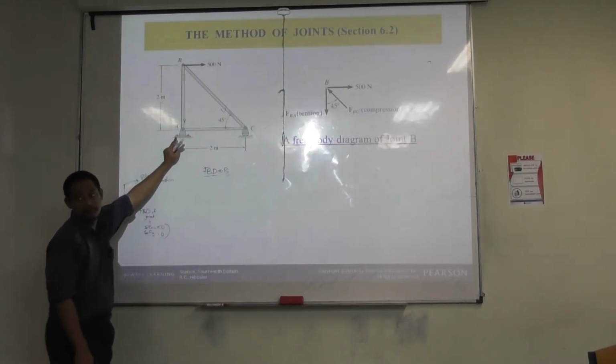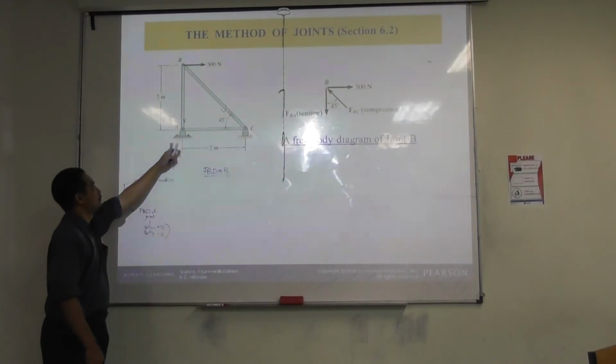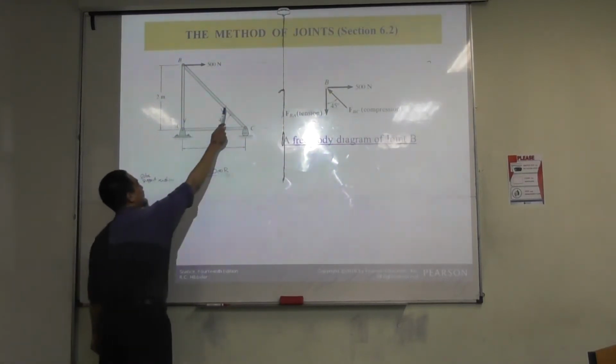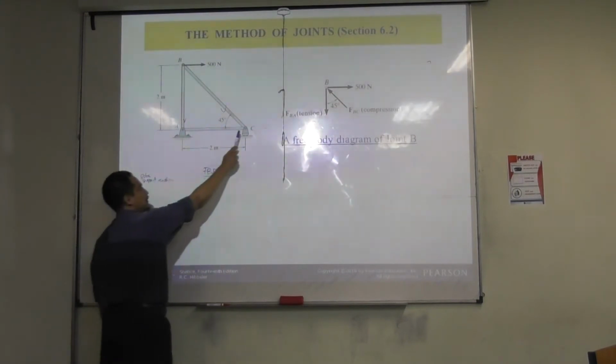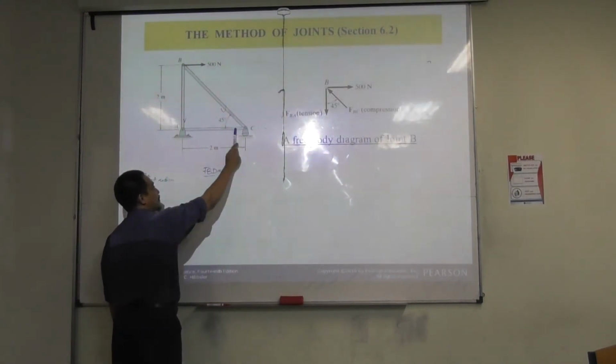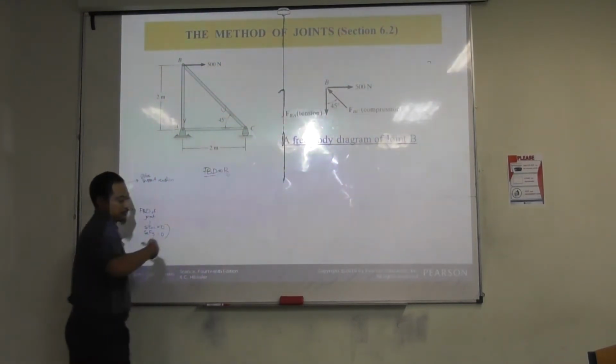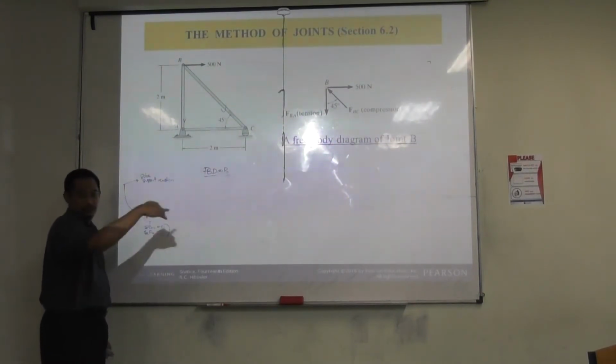Why? Now, after you have solved this one, it is known already. But you have three unknowns here, right? When you have this one, you have only two, right? So you can solve. So that's how you progress from a joint to a joint to a joint to a